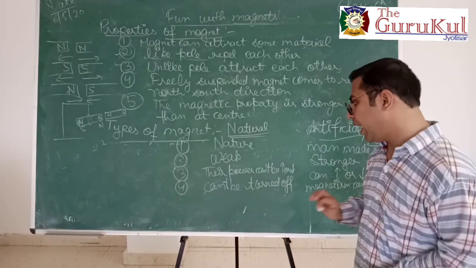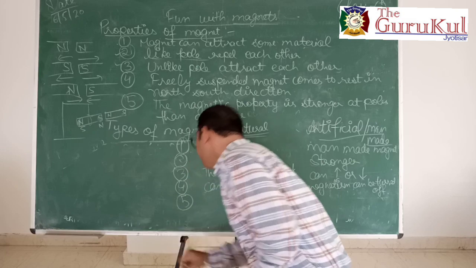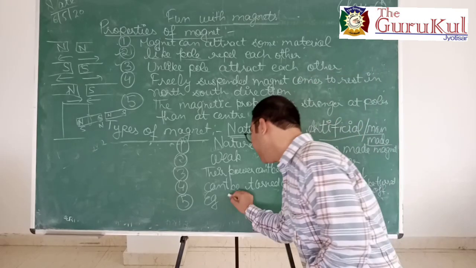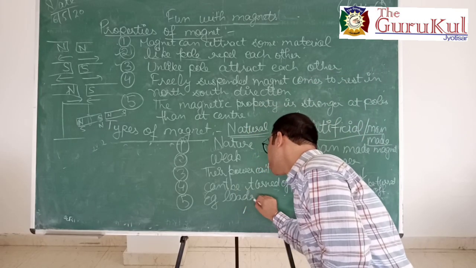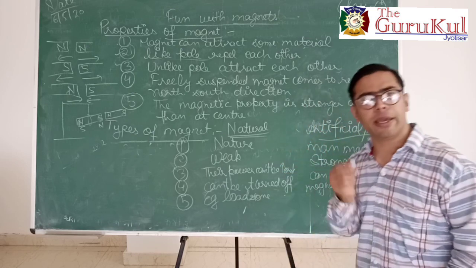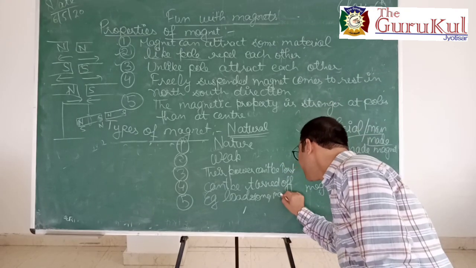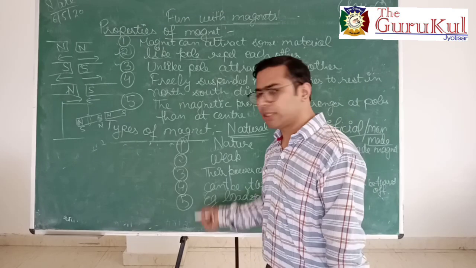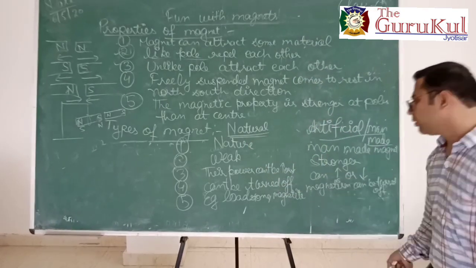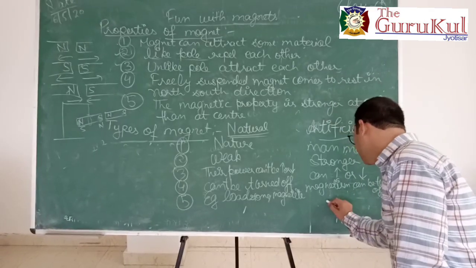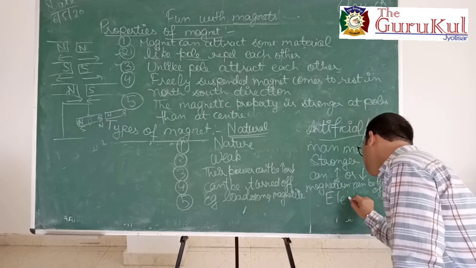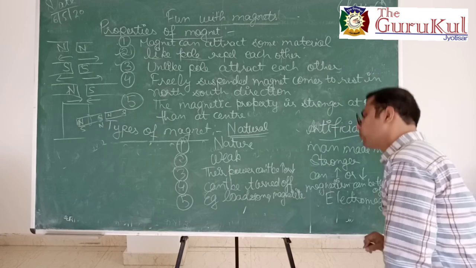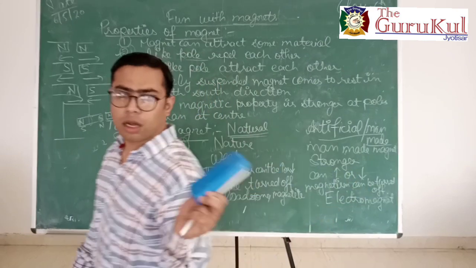devices and appliances. And last point is the example. The example of a natural magnet is, like we have discussed, lodestone. Another example, students, tell me. Yes, magnetite, which we studied first. Magnetite and lodestone are the two examples of natural magnets, but an example of an artificial magnet can be an electromagnet. Okay, so these are the types of magnet.